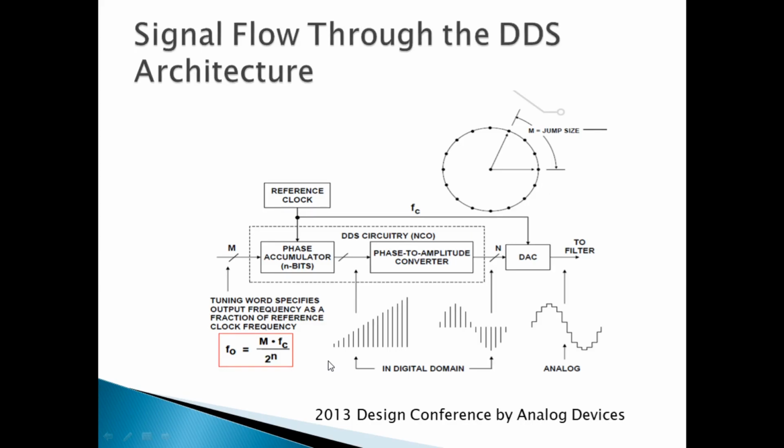Then the phase accumulator, which has received the tuning word M from the programmer, has selected certain points on the phase wheel, and it has resulted in this type of reading out of the phase and the amplitude information, which is then given to the phase to amplitude converter to give you the envelope